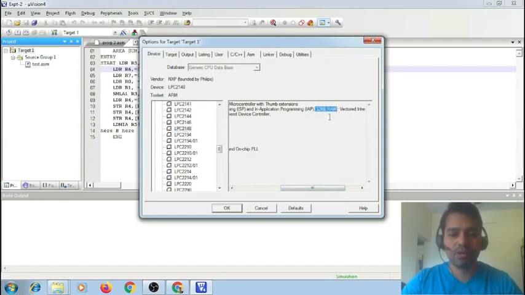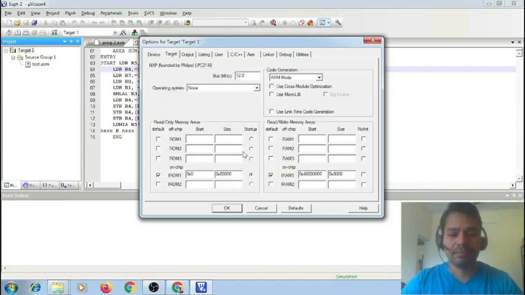So let us see more about this. Where actually this 32 kilobytes of RAM can be located, let us see. Go to the target tab here, and you can see here the read-write memory areas.